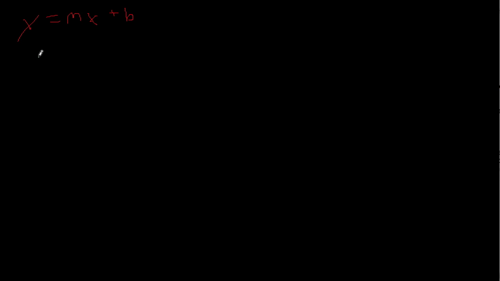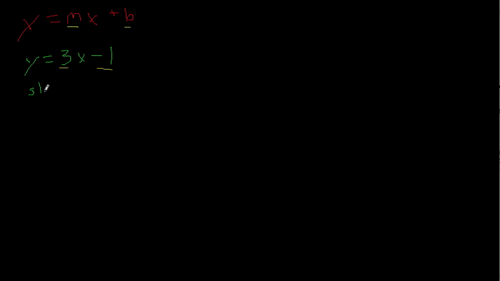Let's do y equals 3x minus 1. Okay, so which part is the slope in this equation, and which part is the y-intercept? You know that m is the slope, and that looks like 3, and b is the y-intercept, and that looks like minus 1. So in looking at the equation, that is y equals 3x minus 1, we can say that